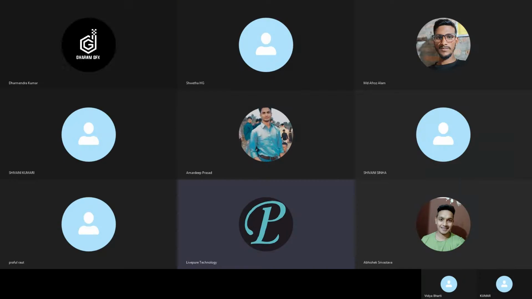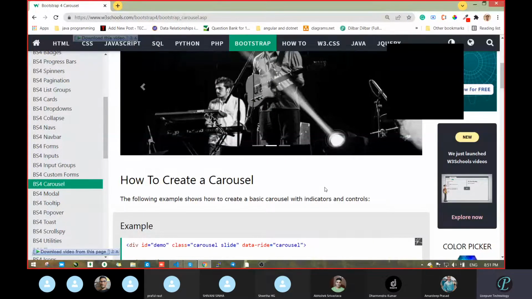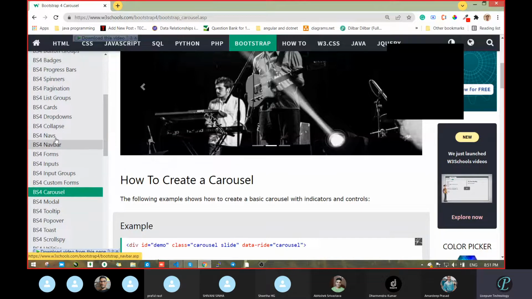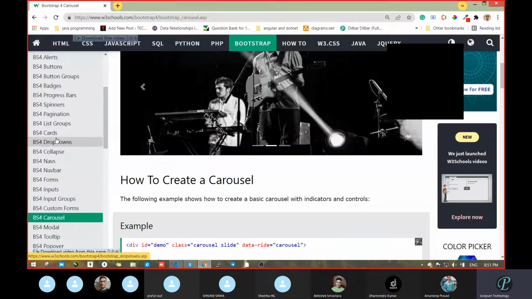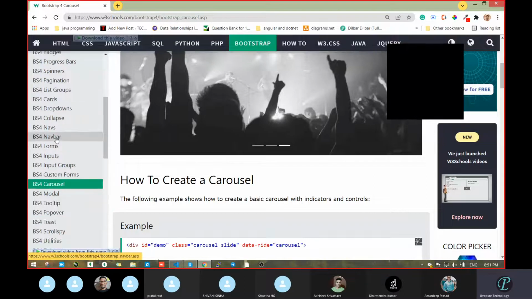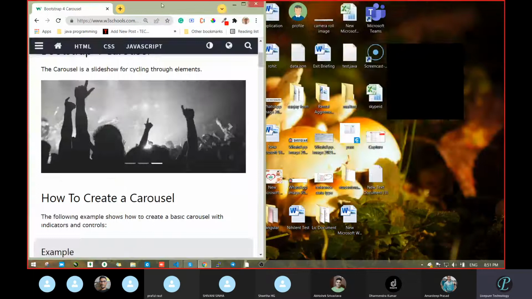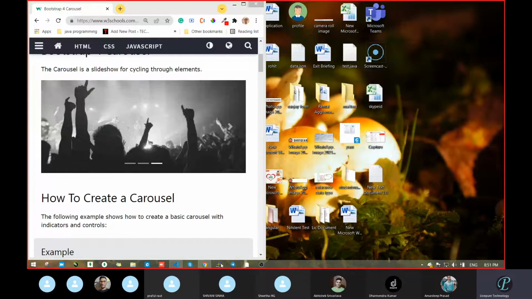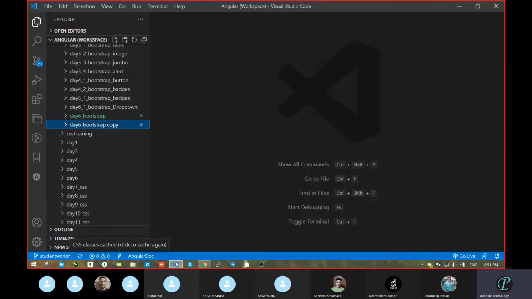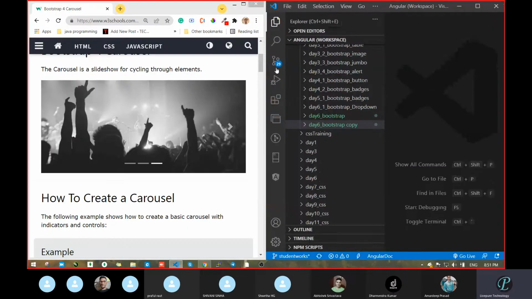Okay. So whatever we had discussed in the previous bootstrap, how we can design navigation bar, input field, then we can take form different scenario. Now one more time we will be going with the carousel. Can anyone explain what is the use of this one? Already we had seen, but one more time I will go again. What is the use of carousel and where we will use it in the real scenario?